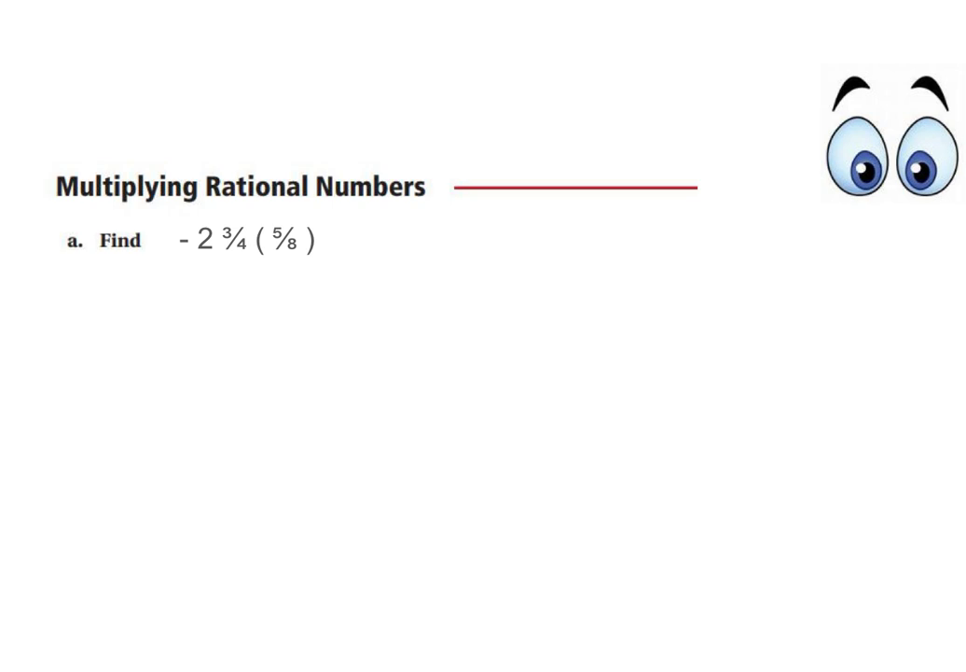Here's another example of multiplying rational numbers, but this time we have fractions. I notice right away that I'm multiplying a negative times a positive, so I know that my product is going to be negative in the end. Now I can multiply these fractions just like I would any other time. Let's turn 2 3/4 into an improper fraction. So 2 times 4 is 8, plus 3 more is 11. So I have 11/4 times